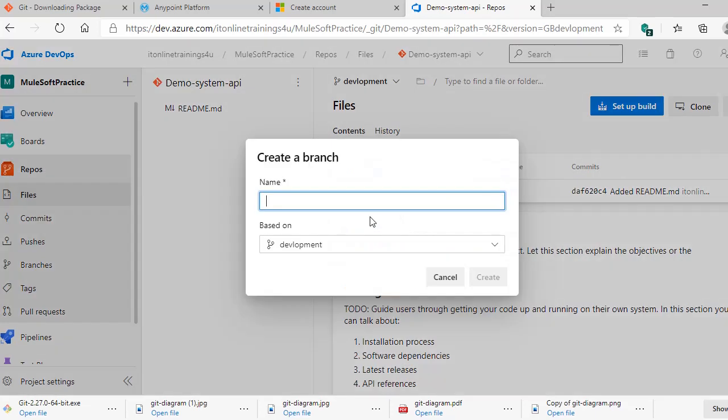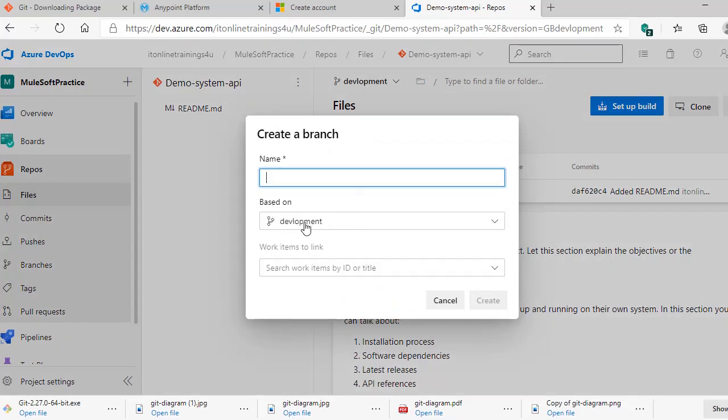We can create a new branch by clicking this. Based on the development branch we will create one feature branch. Let's say my user story is a user story, we will discuss the user story later. We can give today's date as the name, just for our understanding. So this is our feature branch, because on July 10 I am working on this branch.